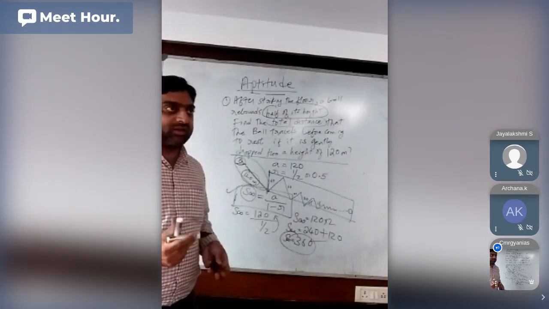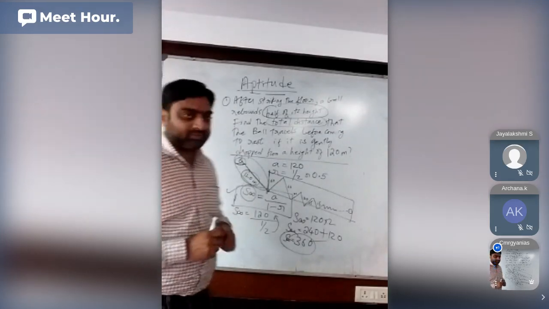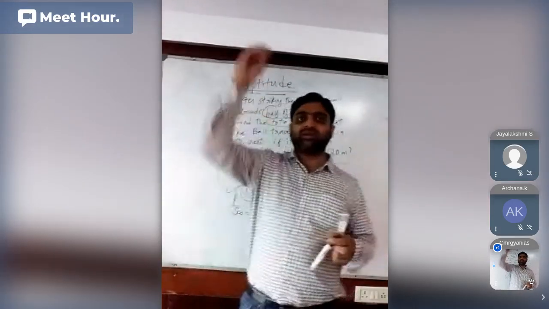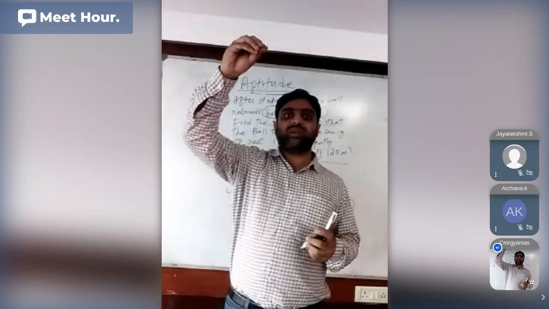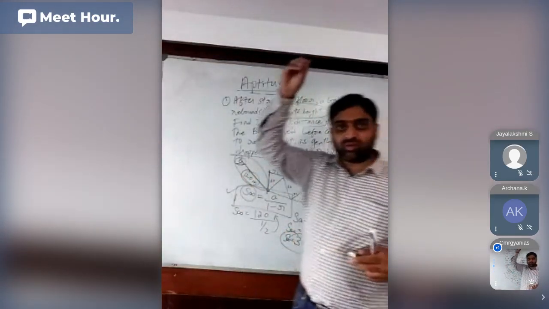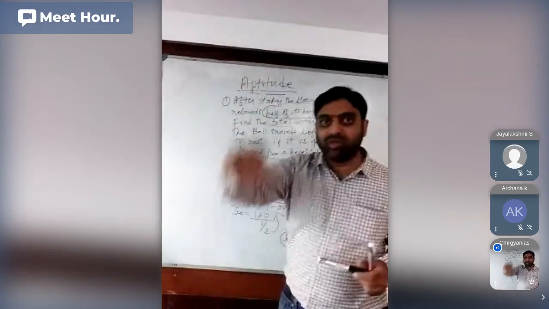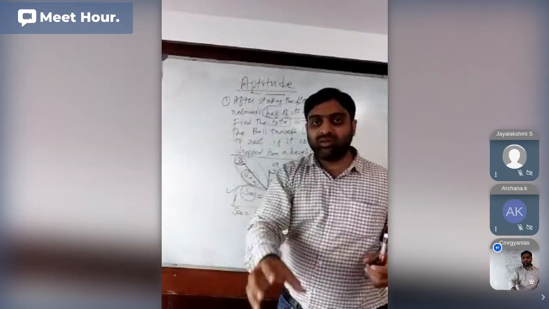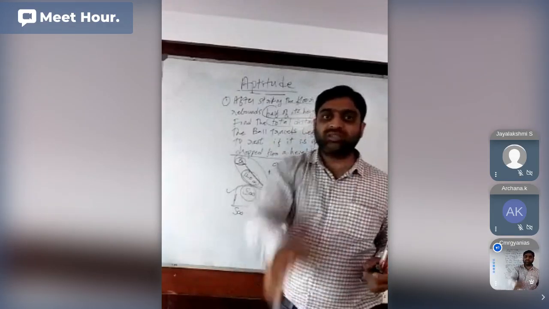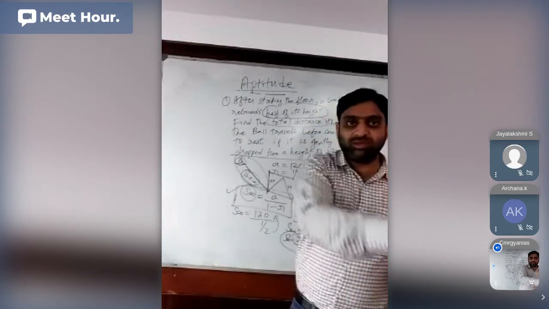So, once again, I will repeat. What is the problem all about? The problem is telling that I am standing at some height, which is 120 meters. From here, from this side, 120 meters, I drop the ball. That ball falls onto the ground. After it falls to the ground, it is rebounding only half of its height. So it's rebounding 60 meters, again it's coming down 60 meters, then again 30 meters, then 30 meters,